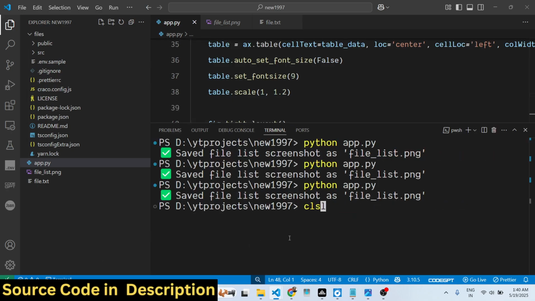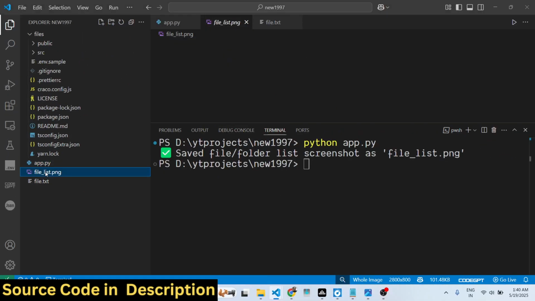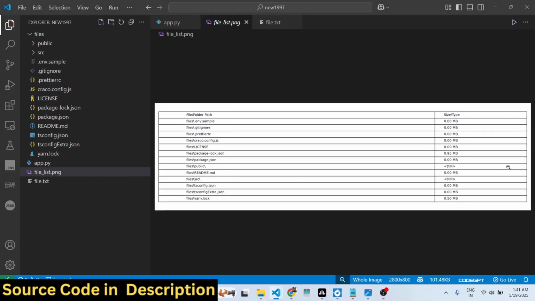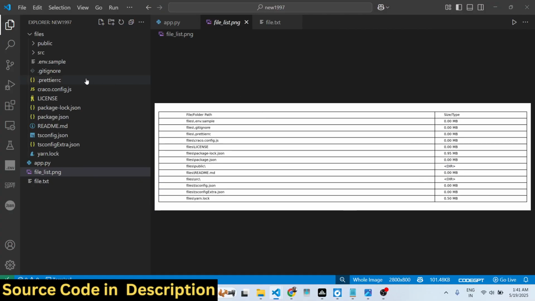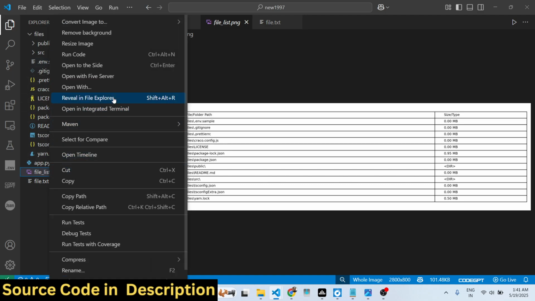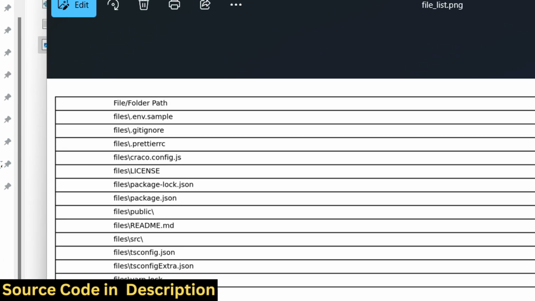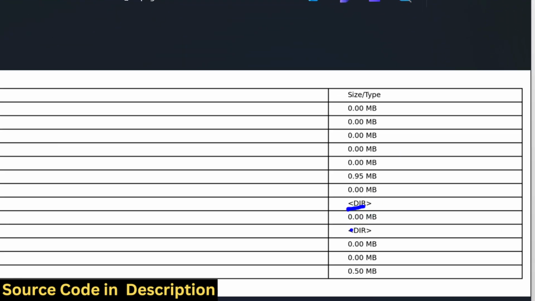I paste it, and if I run this Python script, you will see again it will create this, and this time it will also include the folder name as well. It will say it's a directory. So this will actually take the screenshot of this directory to analyze how many files are present, in a tabular structure. So you can see that. So in this way,